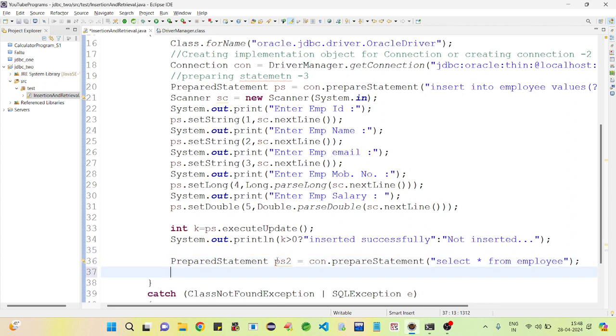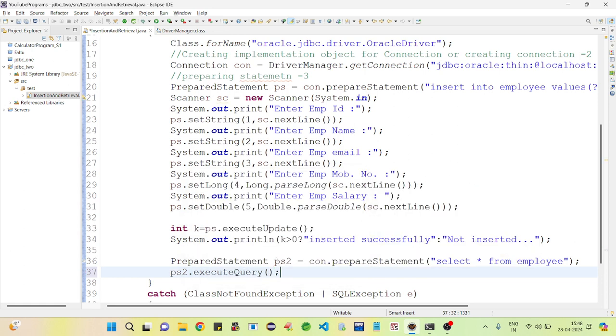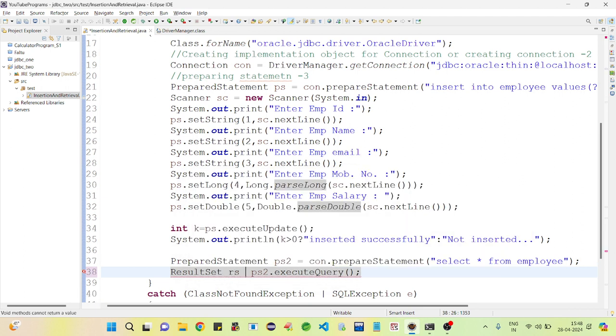I am going to do like this. ps2 dot executeQuery. executeQuery return type is ResultSet, which is going to hold the records returned by database in the form of a ResultSet object.